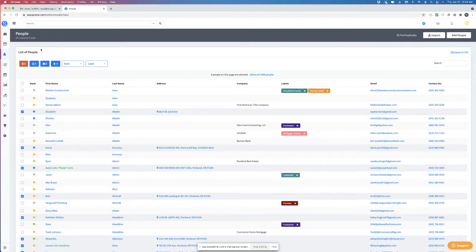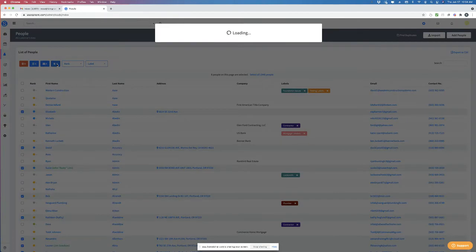So we've been kind of hiding this right now because we're testing it. But soon it's going to be everywhere. You're not going to be able to miss it if you want to use it. But what happened is when I checked off more than one name, this popped up. This little icon right here is to send handwritten notes and gifts to selected people. If I push it, then here's what,